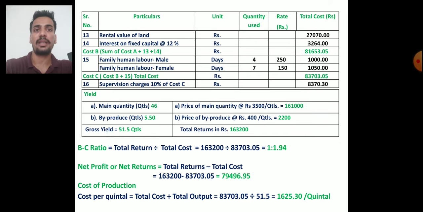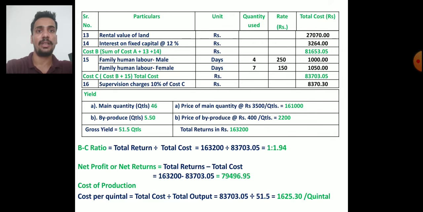So our rental value of land is 27,070. Okay. So how to calculate rental value of land? 1/6 of gross produce minus land revenue. It will be your rental value of land. So here 1,63,200, 1/6 value of that minus land revenue, that is 130 rupees. So here my rental value of land is